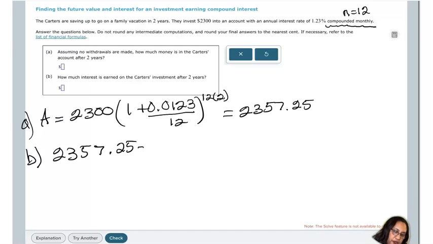And you should also notice that when you gain interest, it's not that much more than the original amount. It's usually not. You can look and see which one: is it compounding quarterly? Is it compounded monthly? Is it compounded annually? Which one gets you the most in terms of how much you earn in interest? And then 2,357.25 minus 2,300 is